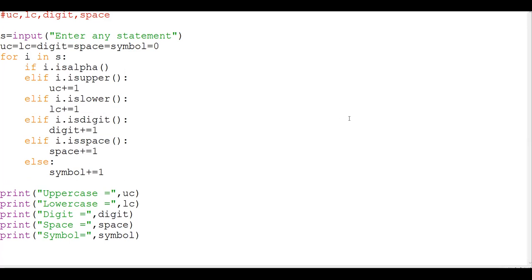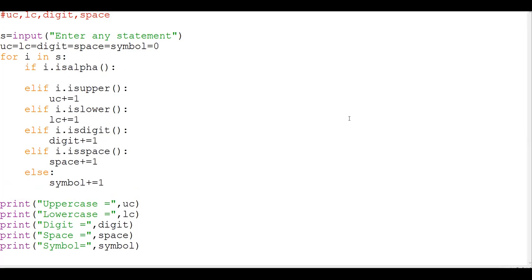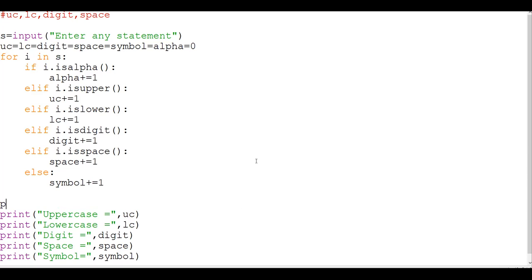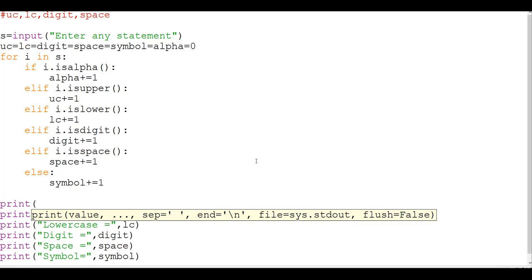If it is alphabet, then I'm taking one variable alpha, plus is equal to 1. And alpha is equal to alpha, and then over here I'm printing on the top only, print alphabet.